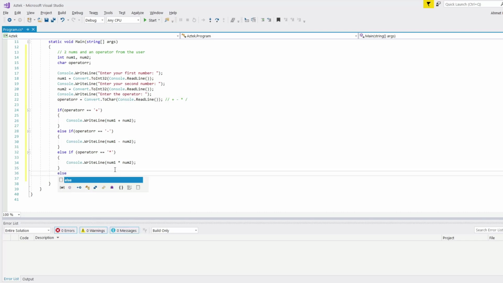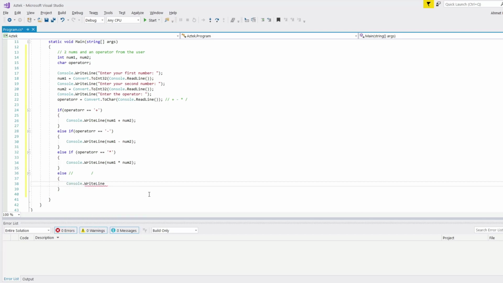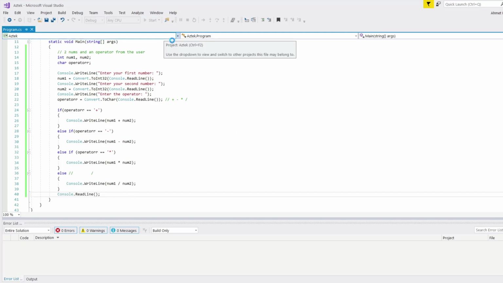So I can just write else. Actually it's going to be the same. Let me just put some space between that. It's going to be the divide operator. So let me just write Console.WriteLine num1 divided by num2. And of course I need to write Console.ReadLine at the end so we can see the result. So when I start my calculator,